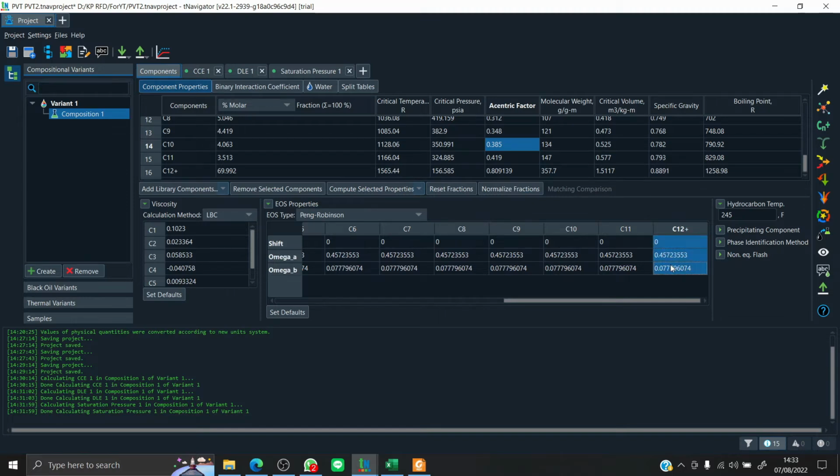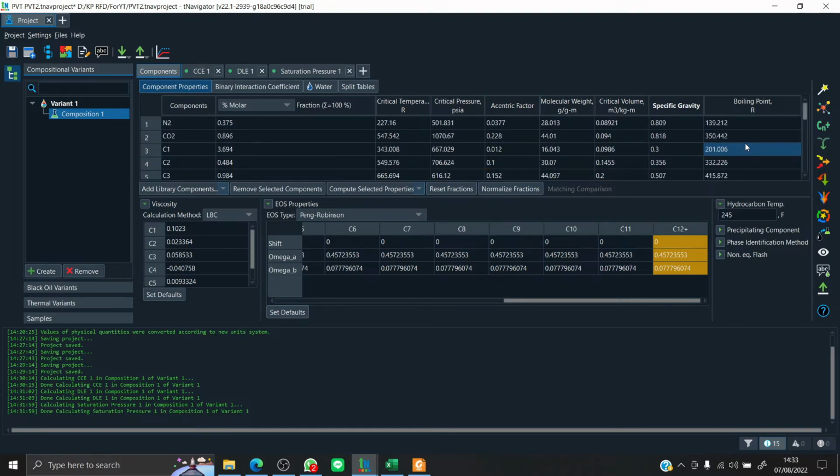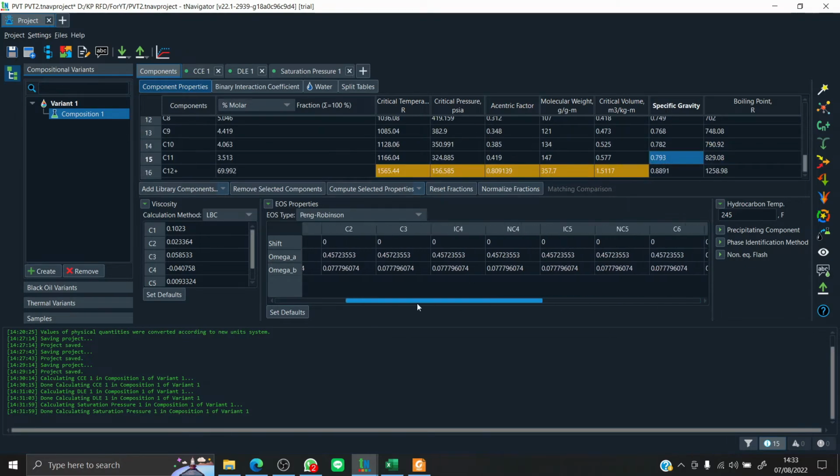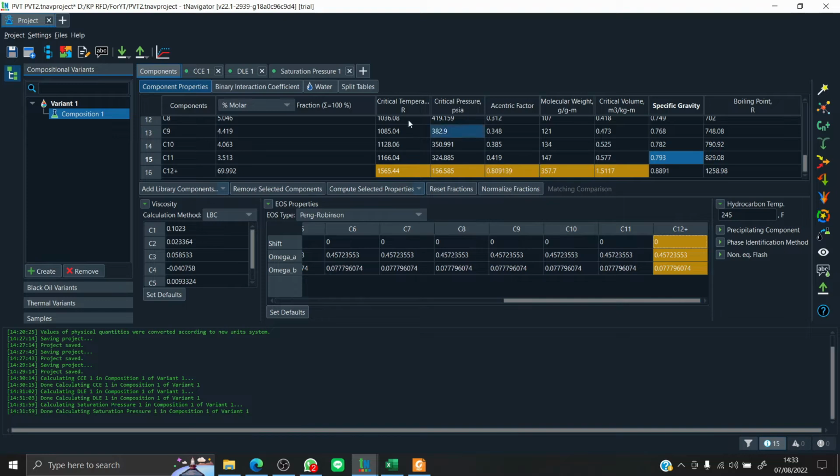We click and drag here, right click, and then select matching and use for matching. So the variables that are used for matching are highlighted orange. Okay, and all of these here we also use for matching. This is adjusted to the knowledge and skills of the engineer behind the laptop.